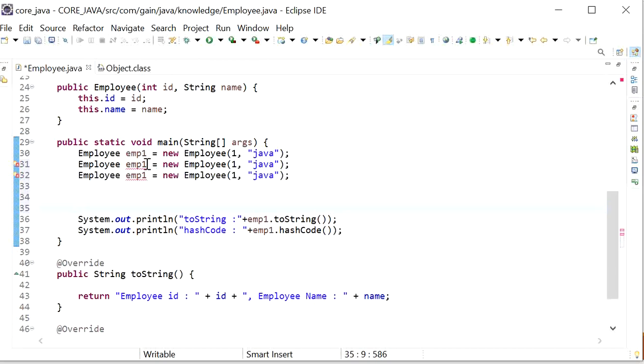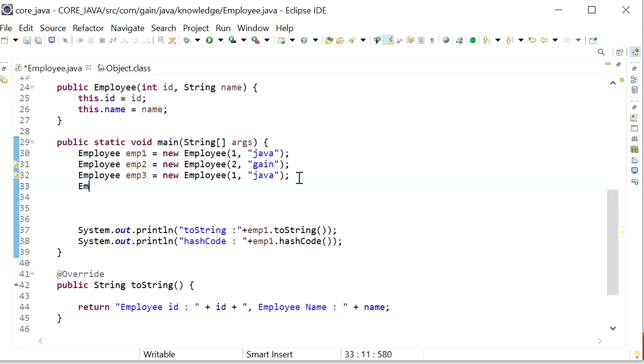Now we can see we have created three employee objects, and here the ID is 2 and the name will be different. So here I will create one more employee, that is employee 4, with new, and here I will just reference the object employee 1.